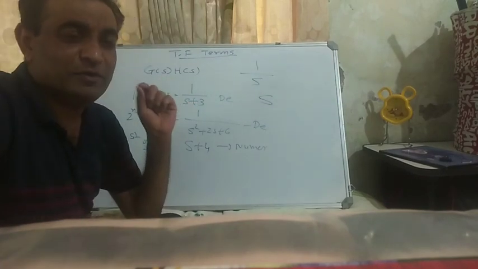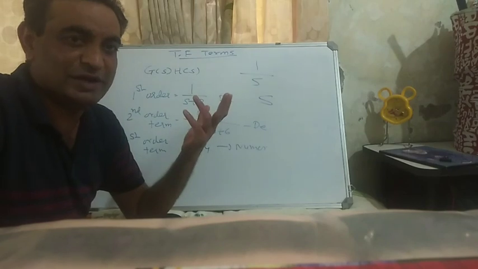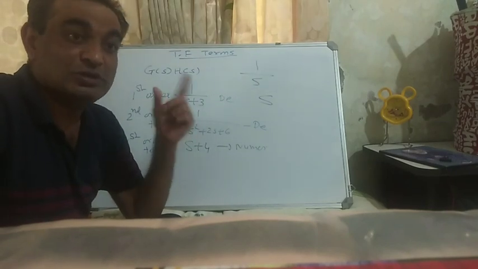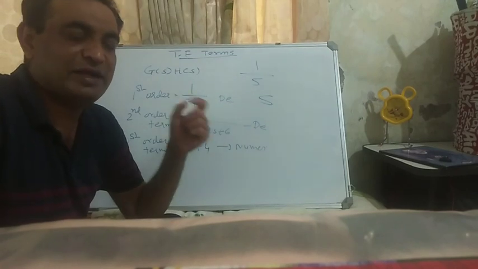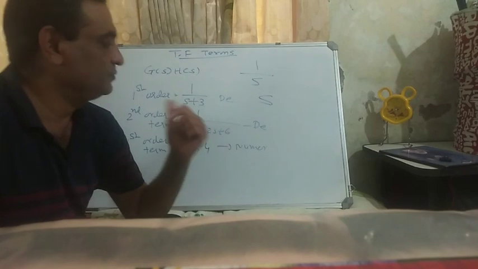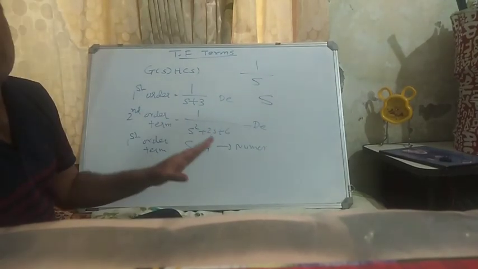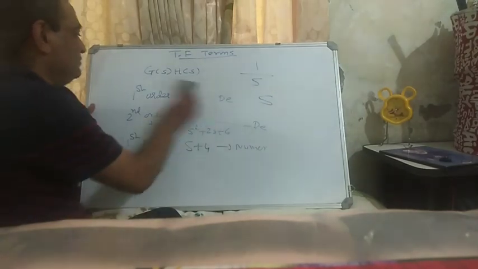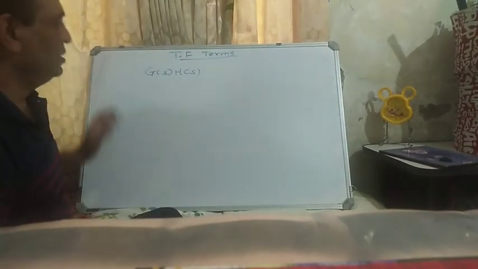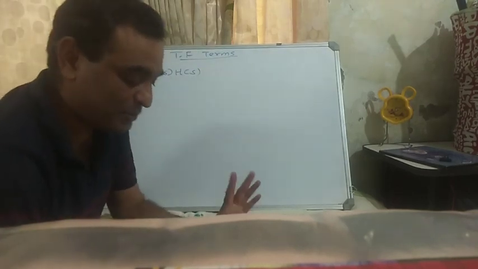In an open loop transfer function, if it is a third order polynomial in s, then you can always categorize it into three first order terms, or one first order term and one second order term. So I can always find the roots to get first order terms and second order terms. Right now we are on the topic of converting the transfer function into time constant form.